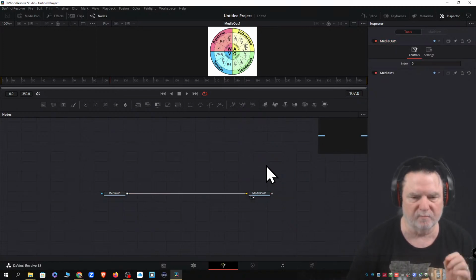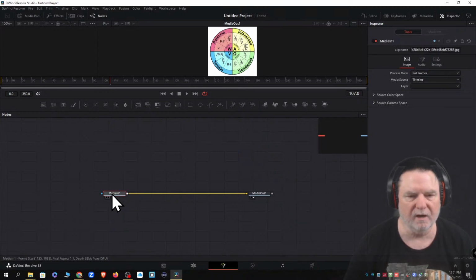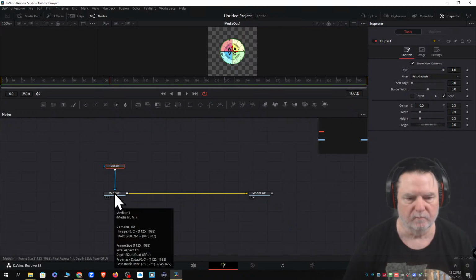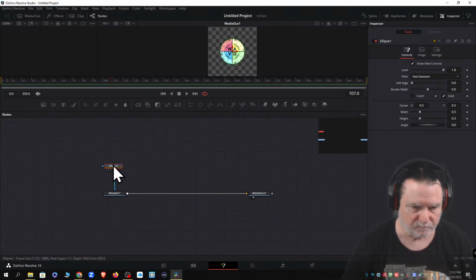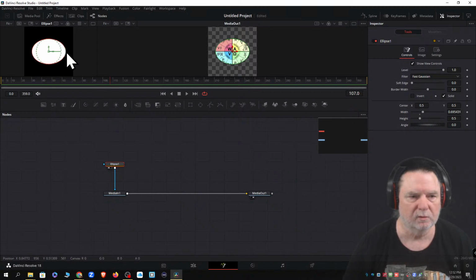I think I'm going to start breaking that trend and just leaving it up there, and then I'll understand why. With my media highlighted, I want to grab an ellipse, and that'll automatically connect the ellipse to the picture. And then I want to bring the ellipse up here so that I can work with the ellipse. And then I'm going to make the ellipse bigger